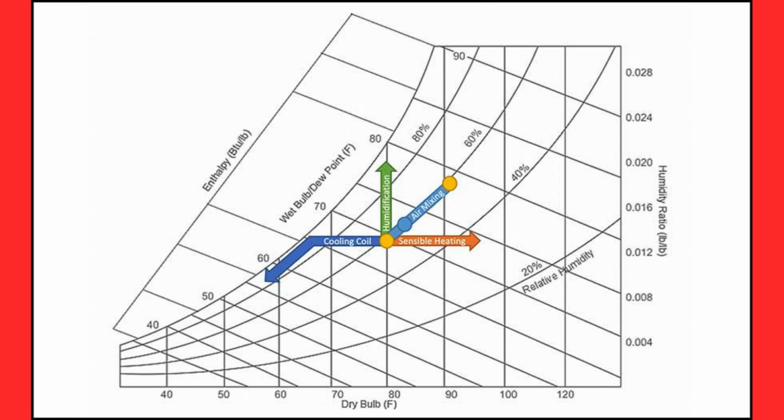HVAC psychrometrics is the study of the physical properties of air-water mixtures, which is essential for designing, analyzing, and operating heating, ventilating, and air conditioning (HVAC) systems. It deals with the interactions between temperature, humidity, pressure, and enthalpy in moist air. These properties are interrelated and can be used to understand the behavior of air and the effects of HVAC processes